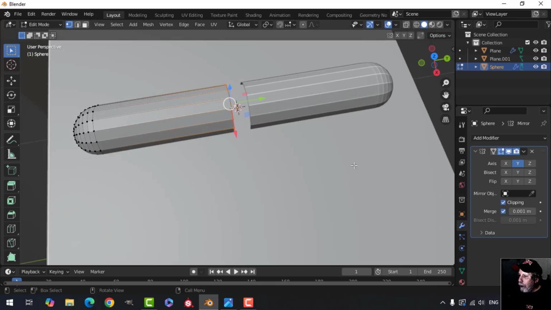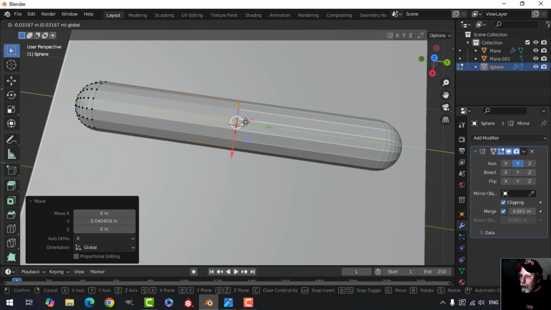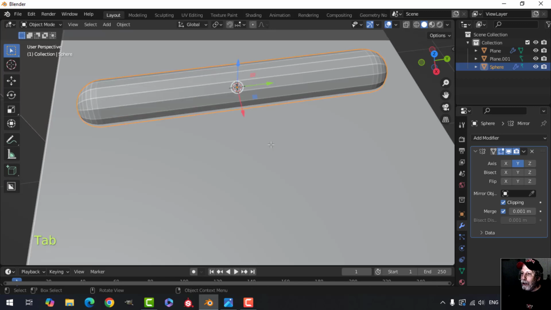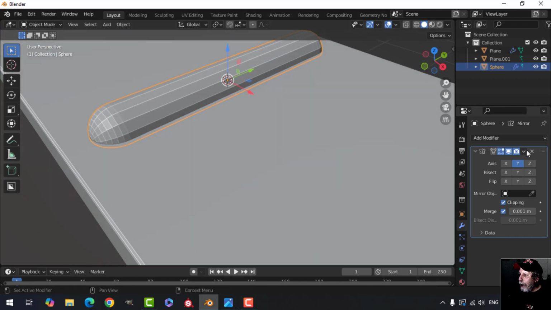I'm going to turn on clipping. And when I pull it, they're going to hit, release, and you can't pull them apart. They've kind of clipped together. I don't know if that's the right terminology or not. Back into object mode. We're going to make a change in a minute, but let's go ahead and apply that